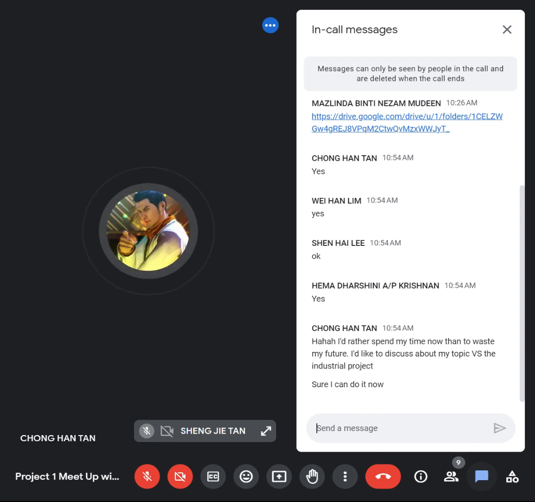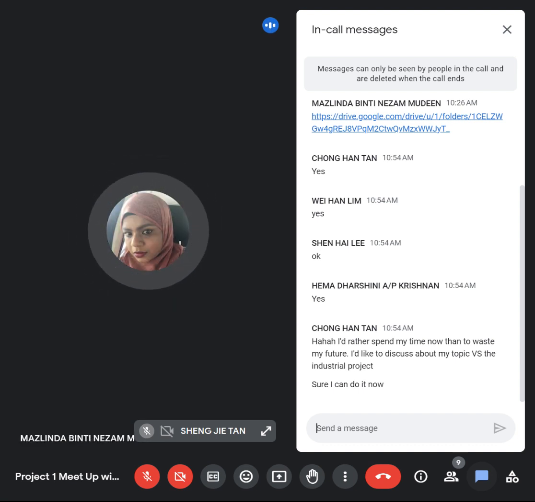Okay, I see. I understand. So I will still contact the project lead for the industry project, because I did not get much information about it. Who is the project lead? I think Dr. Lim from Penang campus. If I can get any more details about the project, I will share it with you too, so that at least you can have some idea of both sides, and then you can decide. All right, sure. Thank you.